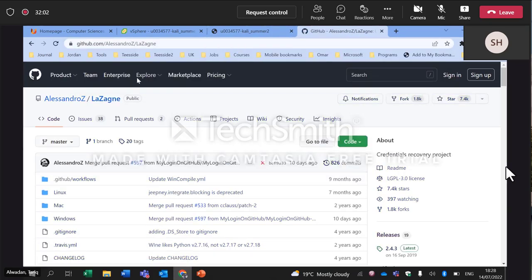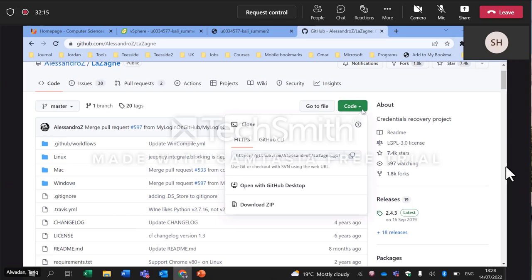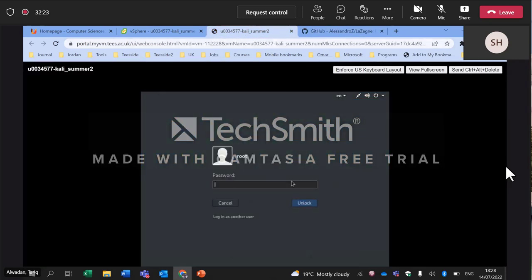Okay, all right, so this is one of the examples for Lasagna. Now you can see that it's used GitHub. In order to be able to enter this folder and have all the files and folders within it, we need to go to code and copy the address within that one. Okay, so if you go to Kali Linux, if you want to apply that within Kali Linux,